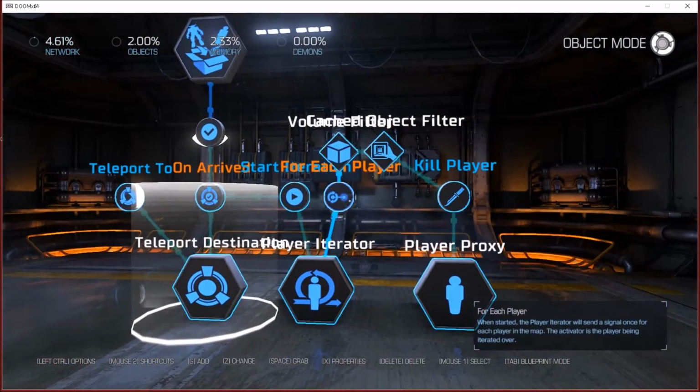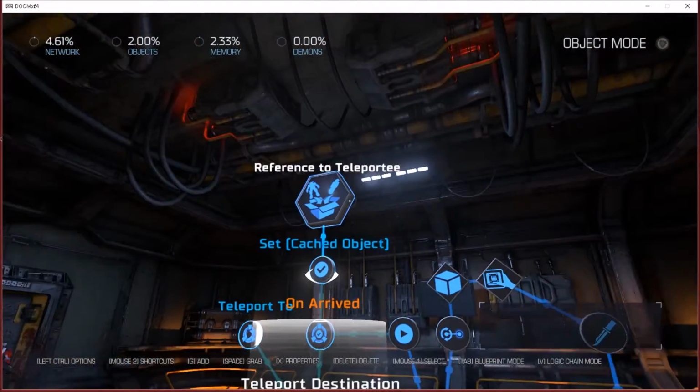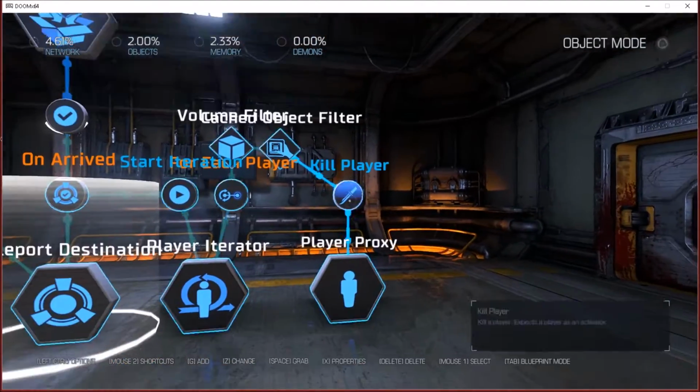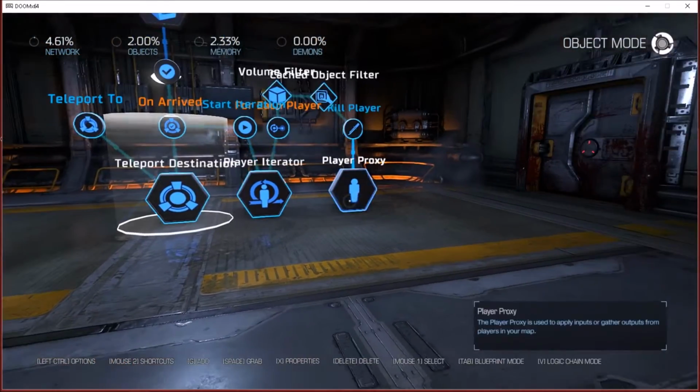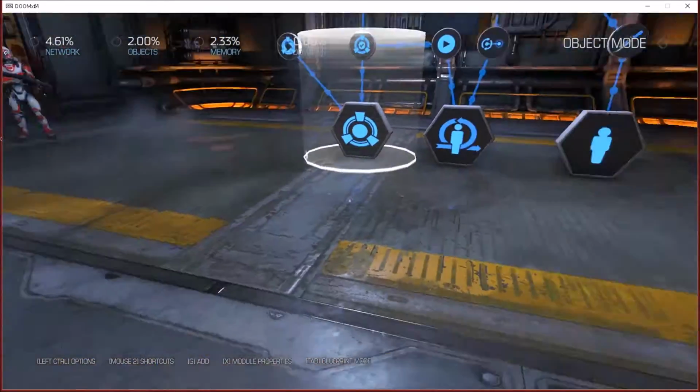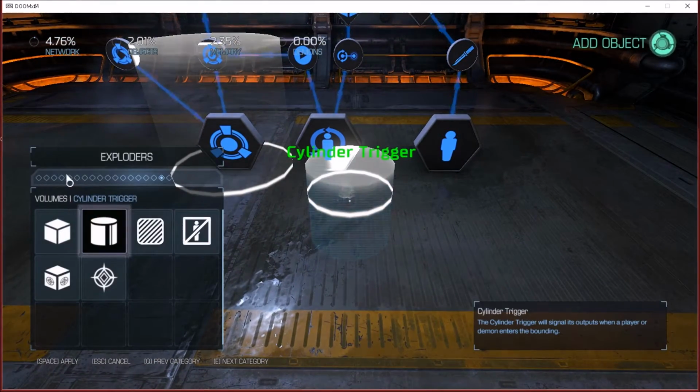So for every player who is in this volume and not the cached object, we are going to kill the player. And that will complete it. This is telefragging. Now if you want to telefrag demons as well as other players,